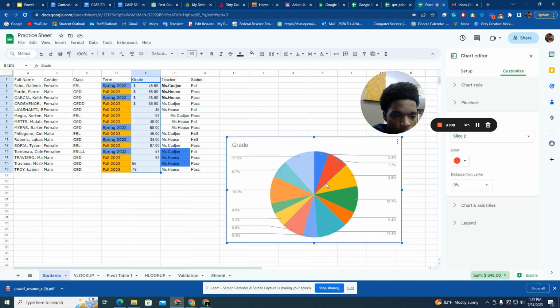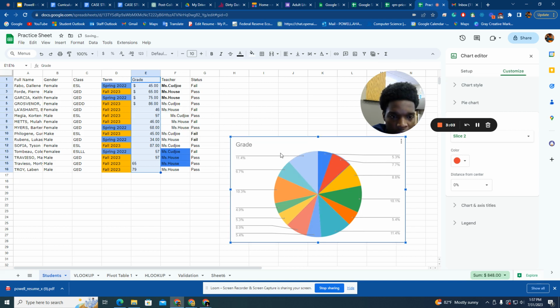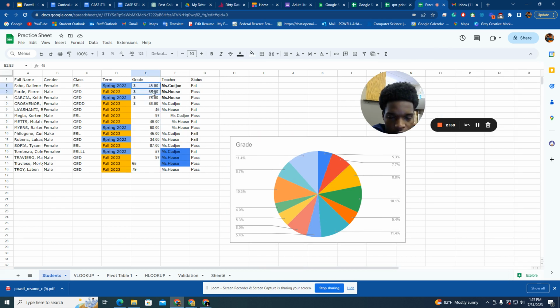And the reason we don't know what we're looking at is because Google Sheets doesn't know what it's looking at. Usually it's expecting the data inside a chart to be uniform, so it should be consistent. In this case, it's not consistent. The numbers are very inconsistent. The floating points are inconsistent as well because some have it and some don't. And then we have a few text values here which cannot be quantified,